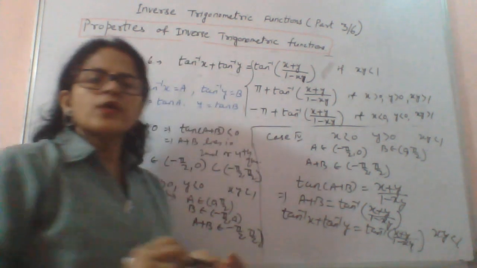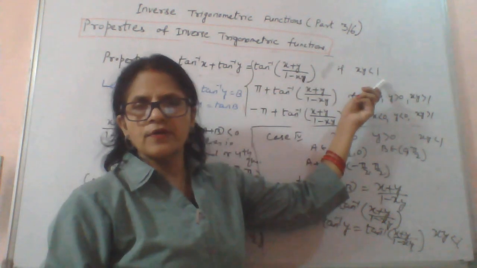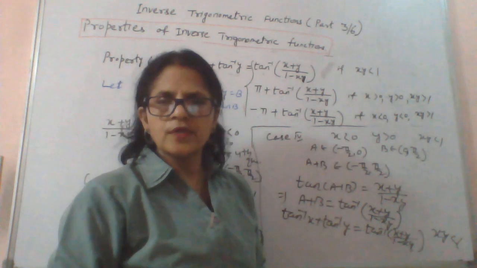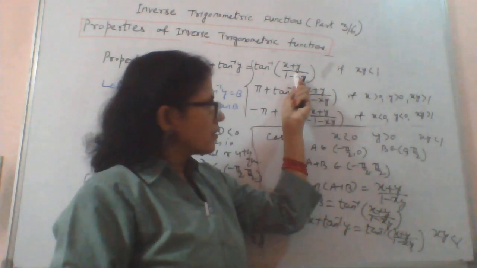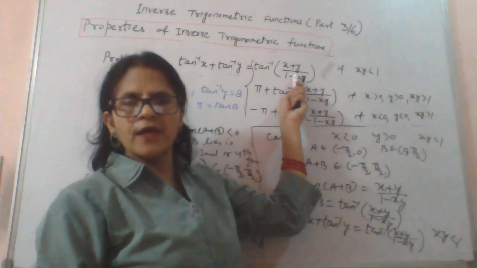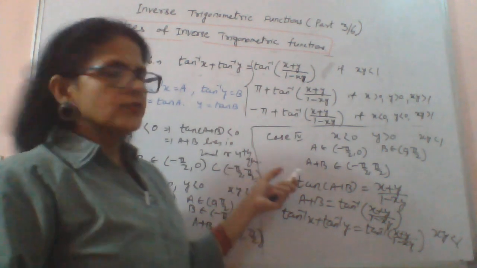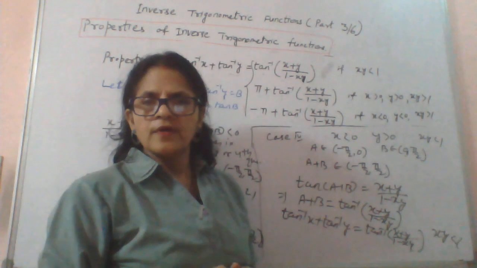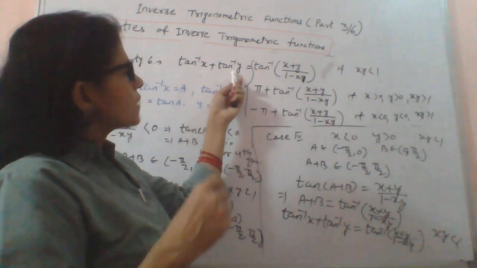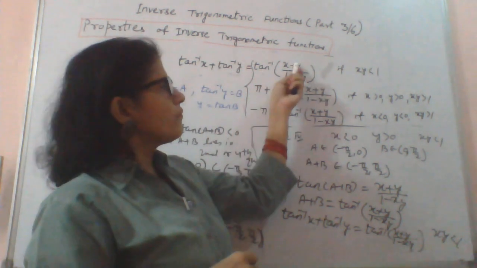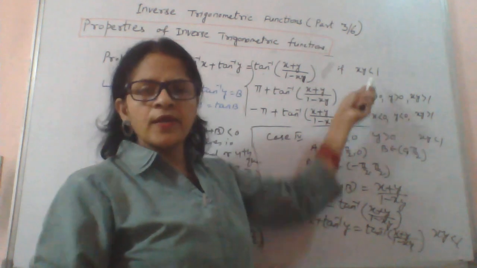So before you apply this formula, you have to check whether x into y is less than 1 or not. Okay, while solving the question, obviously we are not going to derive all the four cases, but to arrive at the conclusion that this formula is valid, we had to derive the whole thing, right? So once you know the logic is very clear, then you will never be able to forget it. Okay, so tan⁻¹x + tan⁻¹y = tan⁻¹((x + y)/(1 − xy)). This is valid when xy is less than 1.